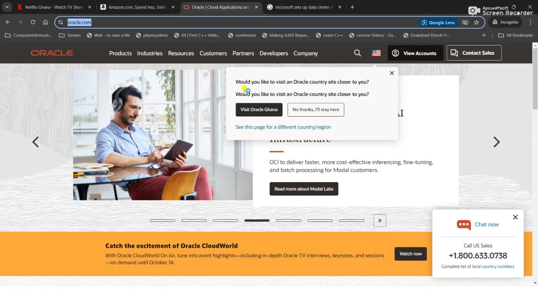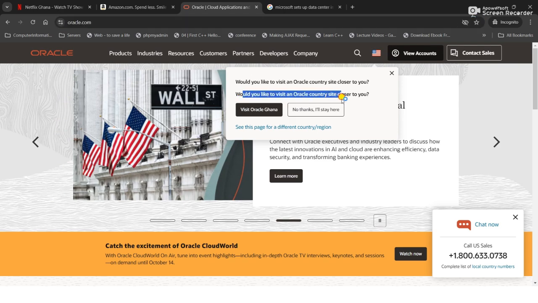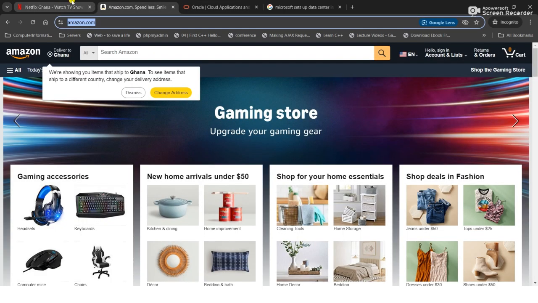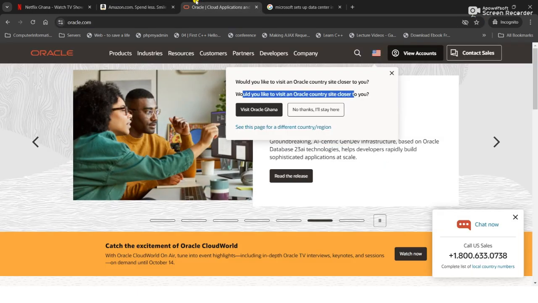So you actually can see what is happening with the location content filtering. You realize that we've been able to filter our location and then it's showing that here. All right, so someone says, how did you know that I'm coming from Ghana?